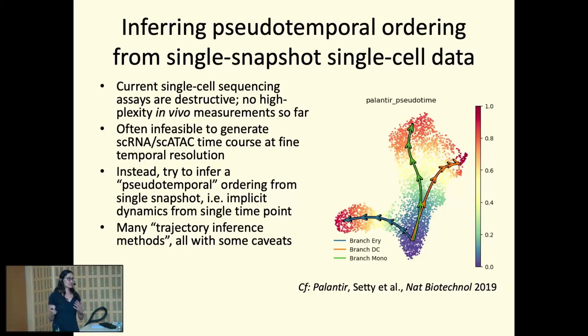And there are a zillion of these methods, okay? This is one I like, actually, and this is from Dana Pe'er's lab, but Manu Setty was my former student. You need to specify a starting point, and it does a Markov process on this underlying graph and kind of infers this pseudo-temporal ordering, and you can get some trajectories out of this. Okay. All right, we want to do a bit better, and